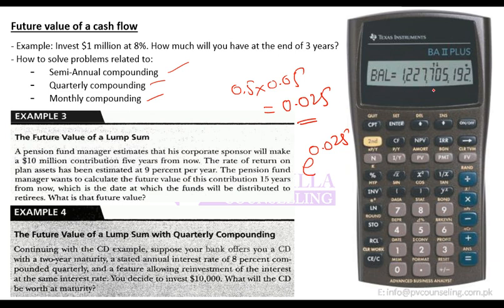So once you see this 0.025 written on your screen, what you only need to do is use the function e to the power x. How do you do this? If you look at the ln button, the variable on top of ln is e to the power x. This means that if you press second and then press ln, it will do the same as e to the power x. So once you see 0.025 on your screen, the next step is to press second and press ln, and it should give you e to the power 0.025, which is 1.025.